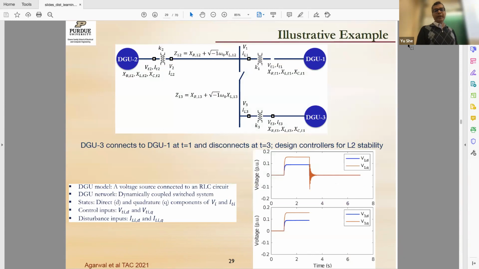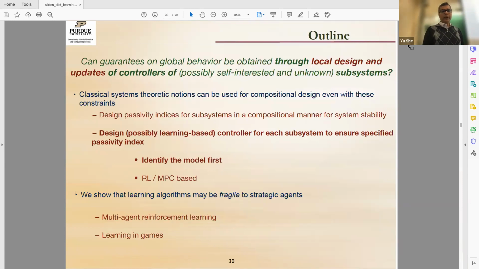So if you go back to our motivating example, this works. The plots are not particularly interesting, but if you think about 3 connecting to DG1 and 2, and then disconnecting, the controller for the second one does not change. Only the local redesign happens, and we still go back to wherever the goal is quite nicely. So this works. This was if the models of the systems are known, especially if you have linear systems, then you get nice linear matrix inequalities. If the model is known, then you can guarantee stability in this compositional model.